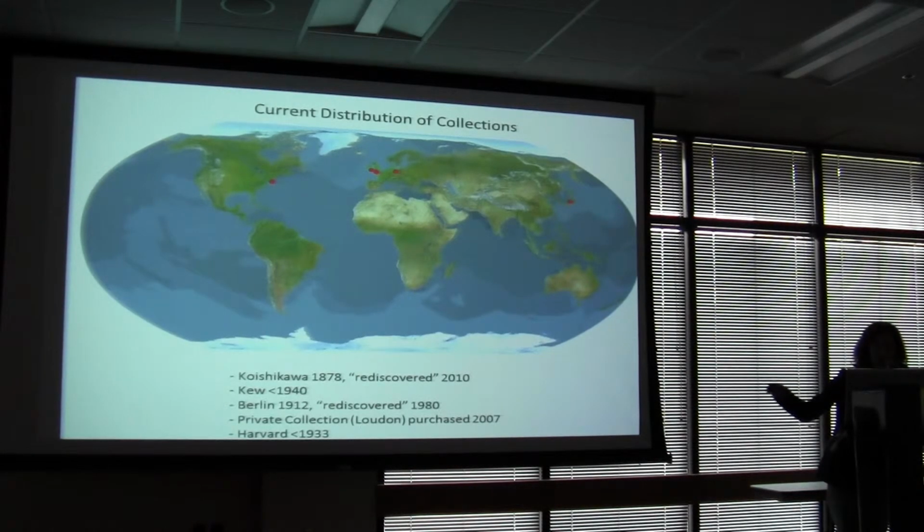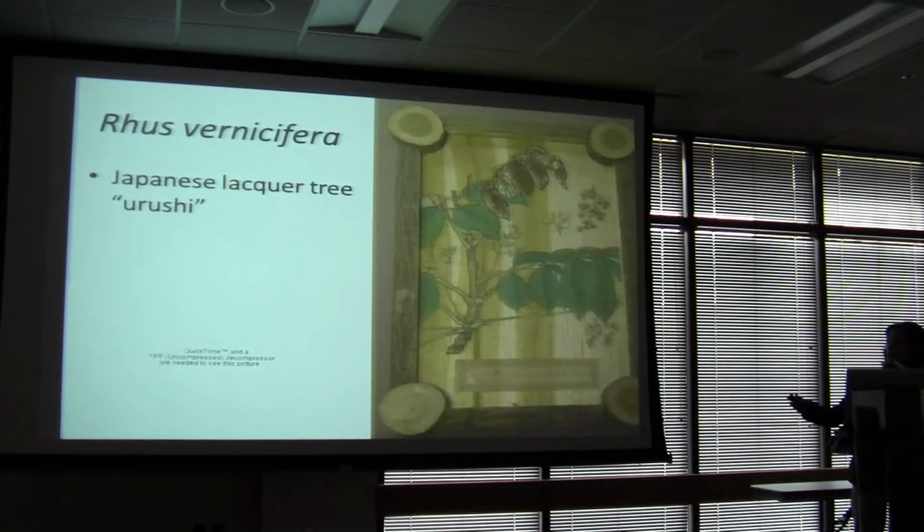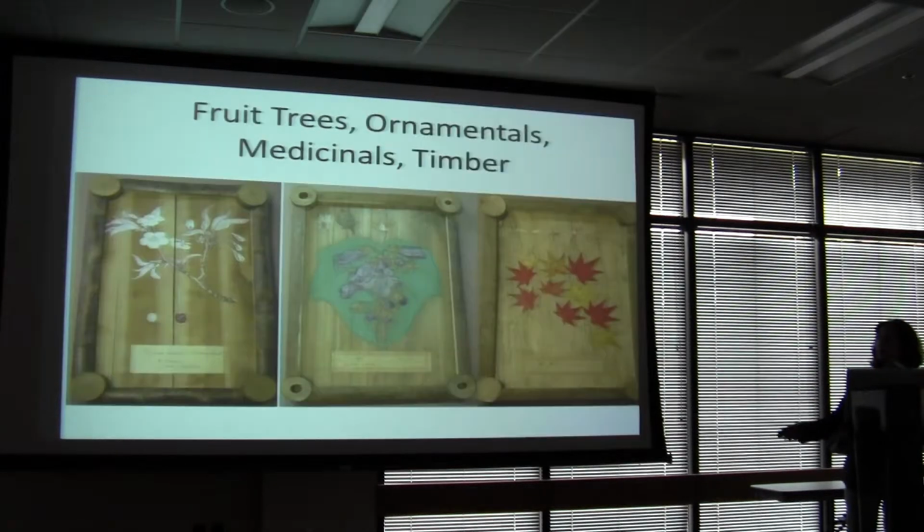In total, 5 collections in Massachusetts, the UK, Germany, and Koishikawa. And they represent a number of different economic uses and culturally important species. For instance, for those of you at Karen's paper workshop yesterday, you will have already become familiar with Broussonetia papyrifera, which is kozo, the paper mulberry. The Japanese lacquer tree doesn't want to show the nice picture I had of little lacquered bowls, but you can imagine they're very lovely. And finally, a lot of them also treat medicinal, fruits, ornamental, and other plants of spiritual,